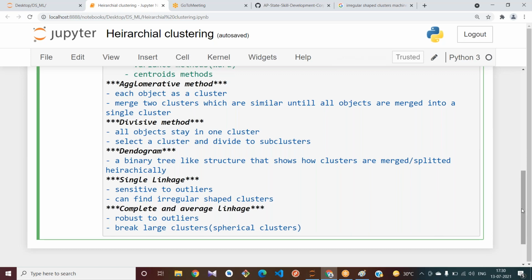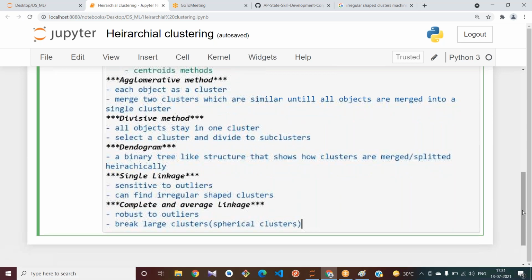Then how do we choose the value of K from this dendrogram?